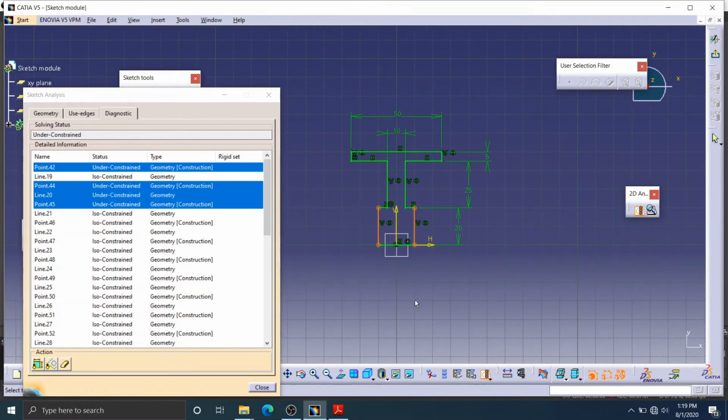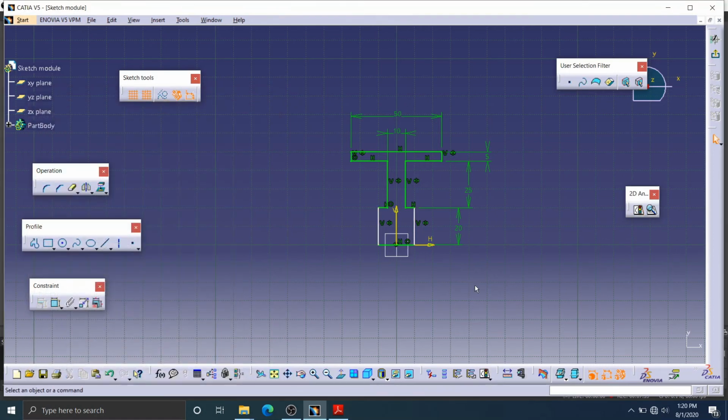These four elements in the sketch are under-constrained, and it will indicate them in red color. See, this line is red, and this point is indicated. So these elements are under-constrained, and the sketch analysis tool indicates it. So I need to give dimensions for those two lines. Now the sketch is fully constrained.